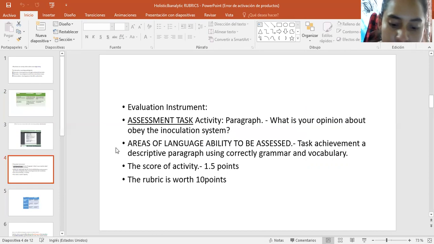Then we can evaluate with a rubric to assess writing. We can organize the evaluation, first, by determining the evaluation instrument and the assessment tasks. For example, students can write a paragraph. The example is, what is your opinion about the vaccination system? Students write a paragraph about this, and